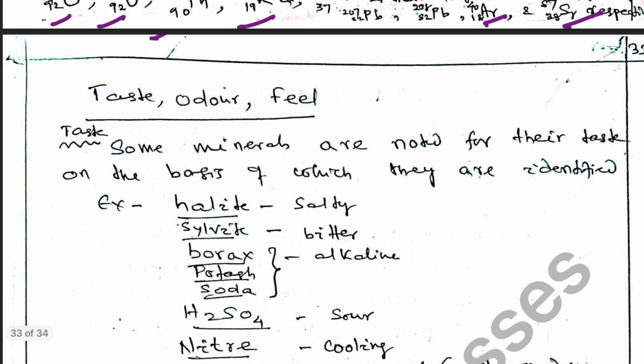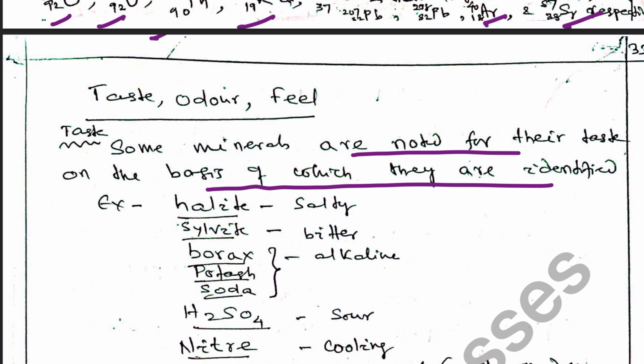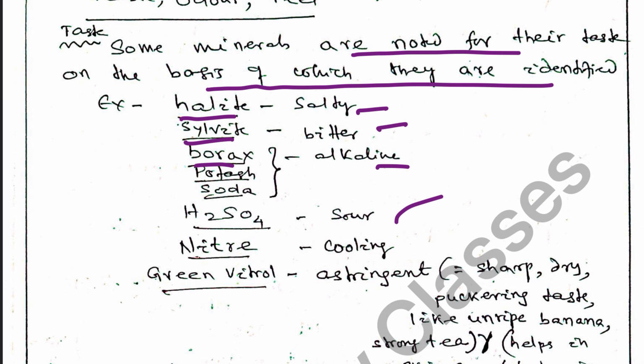So, now let us discuss some other properties such as taste, odor and feel. Taste: some minerals are noted for their taste, on the basis of which they can be identified. For example, halite, it is salty; sylvite, it is bitter; borax, potash, soda, they are alkaline; H2SO4, acid, sour; nitre appears to be cooling; green vitriol, it is astringent; the sharp, dry, puckering taste like unripe banana;